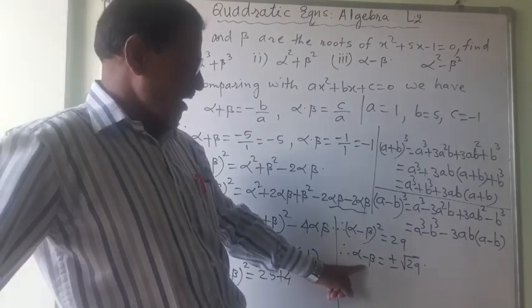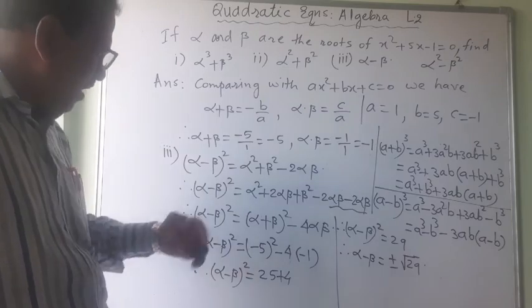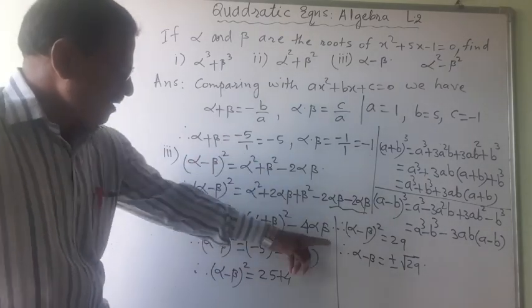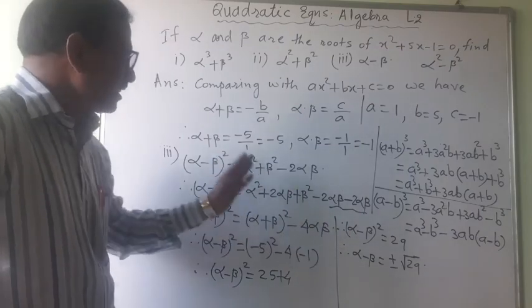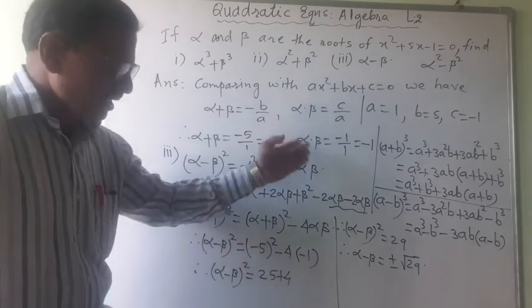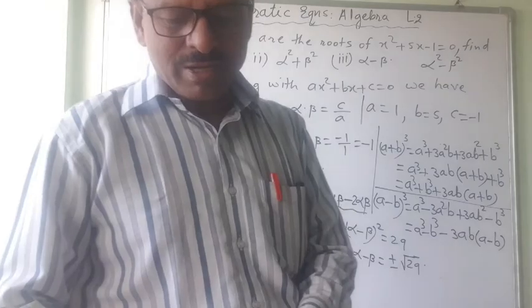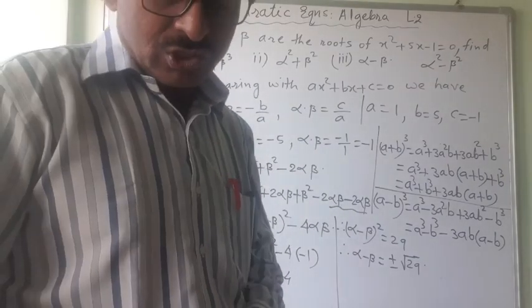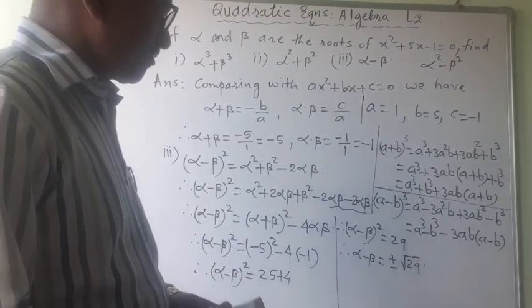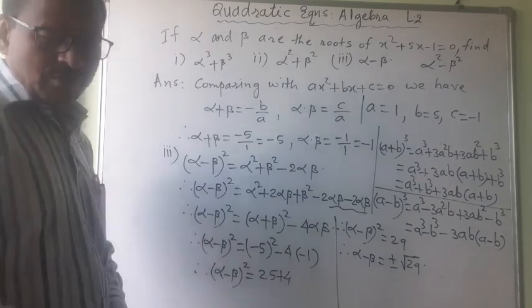This is number 1. Alpha minus beta is equal to plus or minus root 29. And alpha plus beta is equal to minus 5. These two will become the simultaneous equations, and then adding them, beta will get cancelled. 2 alpha will be having this and this. So that in the simultaneous equations, if we solve, afterwards I am going to take it, how to solve the simultaneous equation, though you have understood in standard 9. Okay, this is all for this sum.